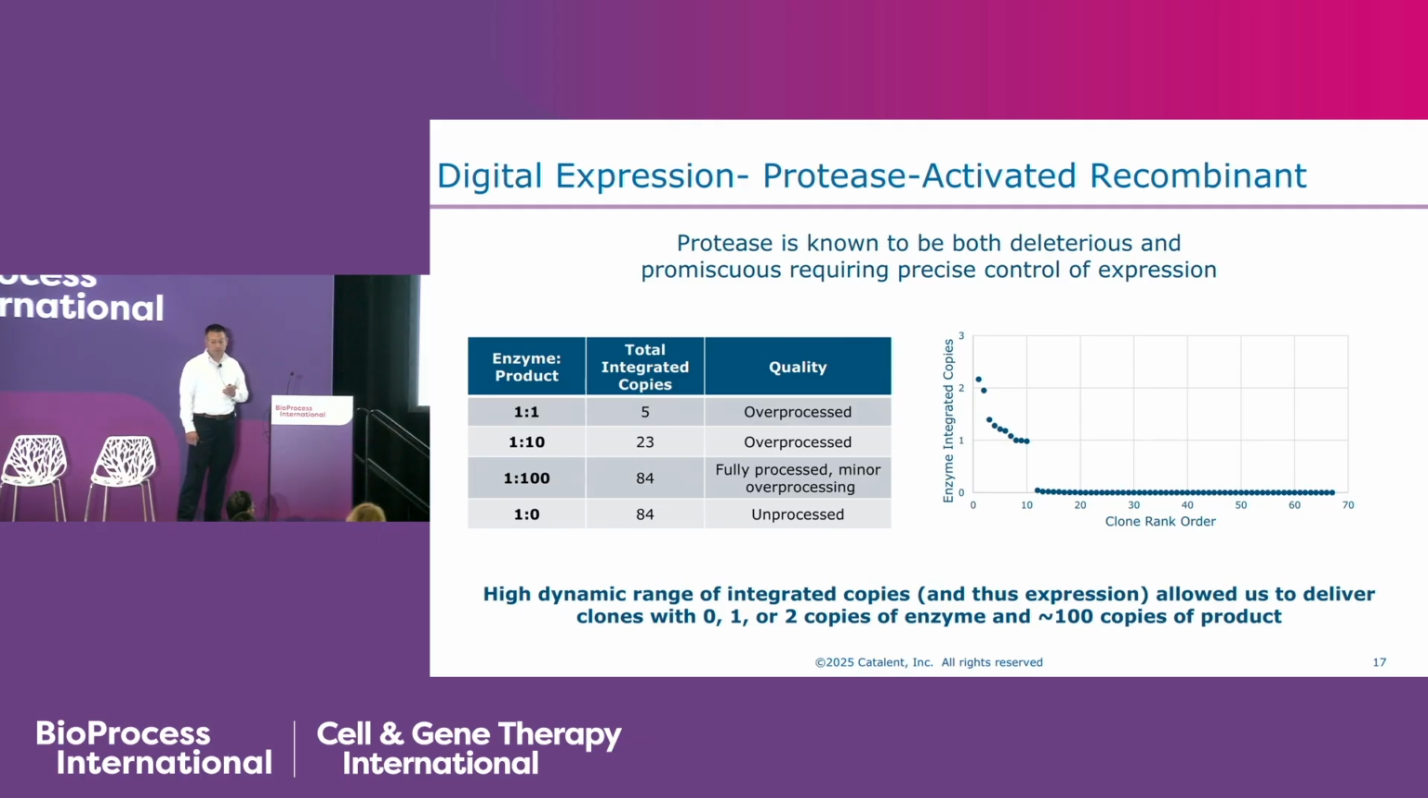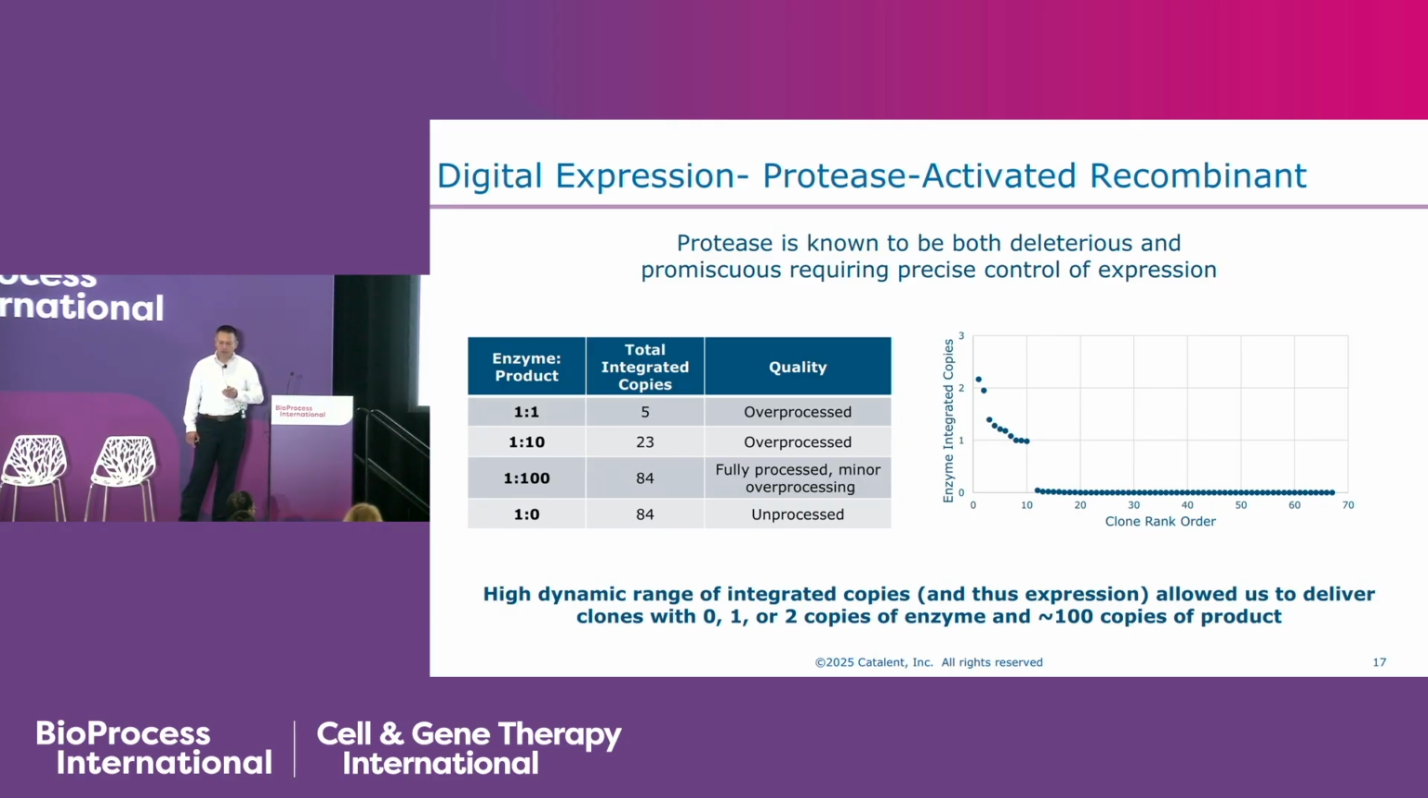So we did a pretty drastic range of ratios. At the 1-to-1 ratio, where we have a lot of the protease, you can see right off the bat that we got few copy numbers in our pools, which indicates that the molecule is toxic, which we expected, and the product was overprocessed, so overcleaved and inactive. When we go to the 1-to-10 ratio of enzyme to product, we get a few more copies in, but also